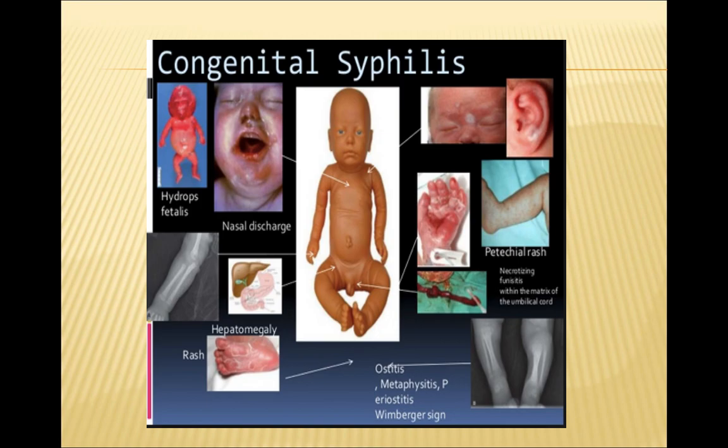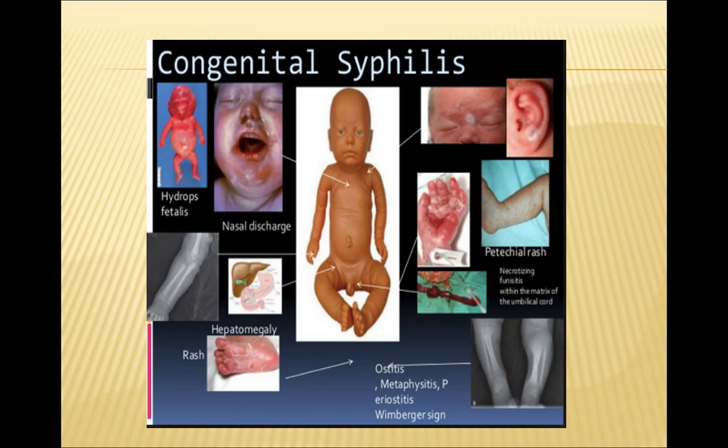So early manifestations of this congenital syphilis include rhinitis, which is called snuffles, mucocutaneous lesions, bone changes, hepatosplenomegaly, and lymphadenopathy. The late manifestations, that is after 2 years, are characterized by interstitial keratitis, 8th nerve deafness, and bilateral knee effusions, which are called Clutton's joints,